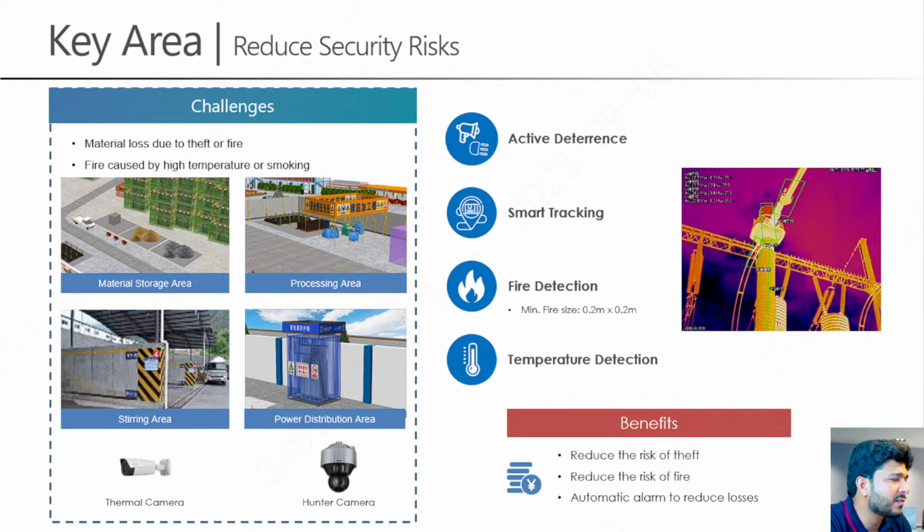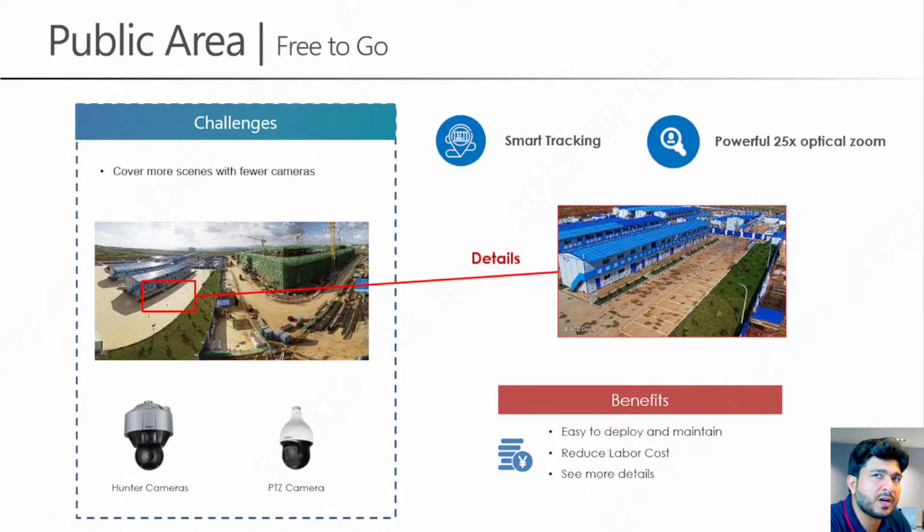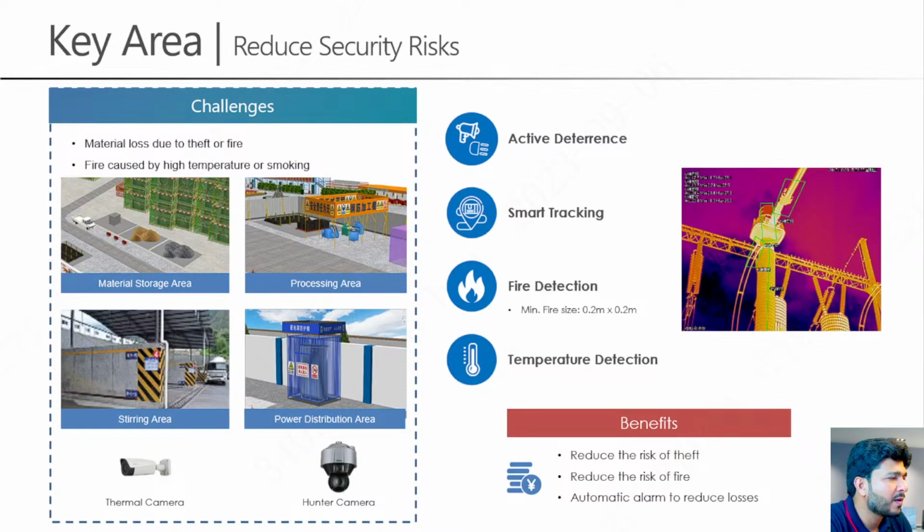So what are the devices which we can use to detect fire or high temperature? We can use thermal cameras to detect the high temperature. If the temperature goes beyond the defined range, you will get an alert instantly and you can take necessary action to avoid any damage. Hunter camera also we can use,